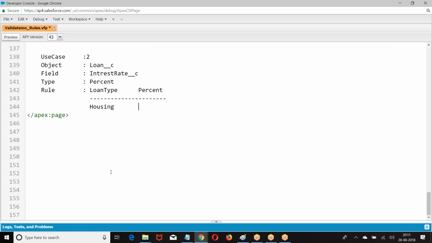If it is housing, 12%, which I can give as 0.12. None. Now create a formula to calculate the interest rate. Now write the formulas.